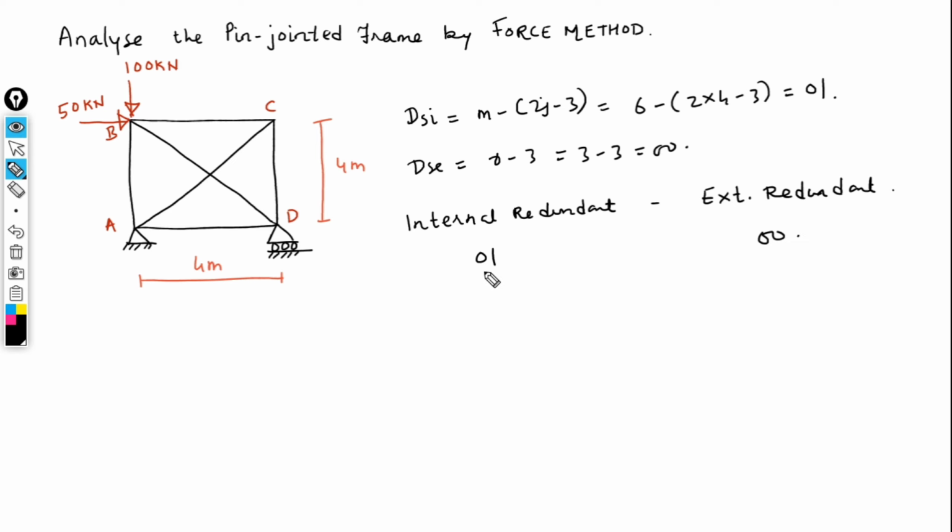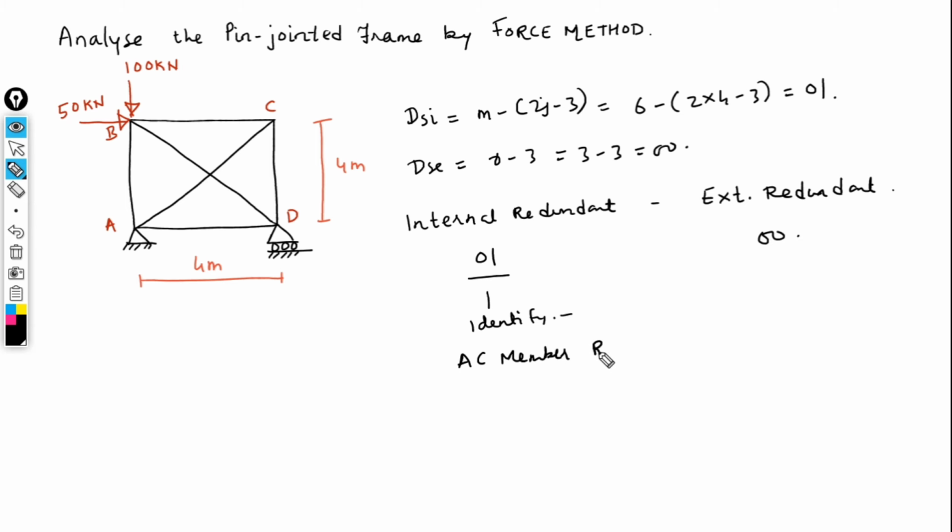Now you see, we have only 1 internal redundant. We have to identify it. When we are dealing with internal redundant, we need to identify a member. Any one member you can identify, and you have to remove it. So here I will identify the AC member